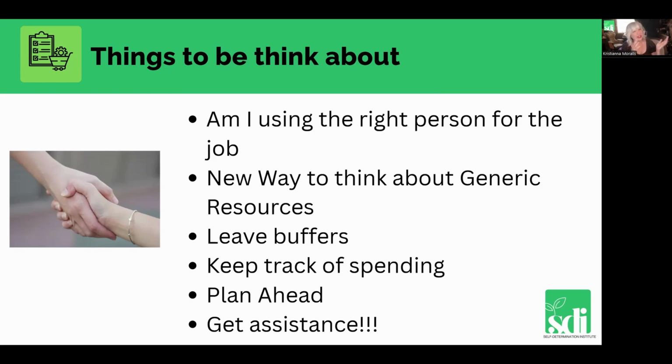Now, in the self-determination program, because you have this total budget, the more you can find generic resources that will provide something to you, you can use that money on other things. So all of a sudden, generic resources become our friend in the self-determination program. Finding the most cost-effective, finding the right person for the job is really going to help you stretch your dollars, which is what we want to do. We want to show, remember, our principles: freedom, authority, responsibility, support, and confirmation.